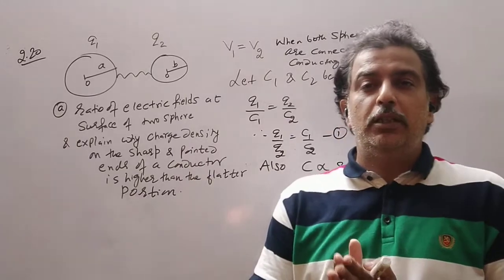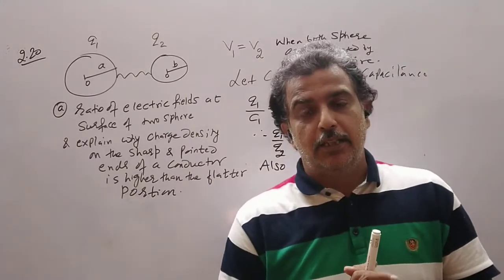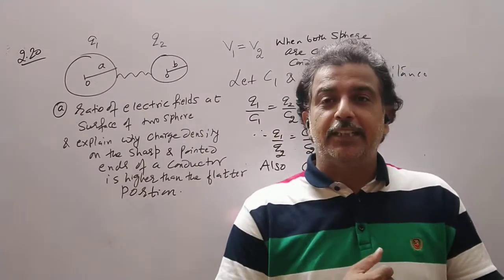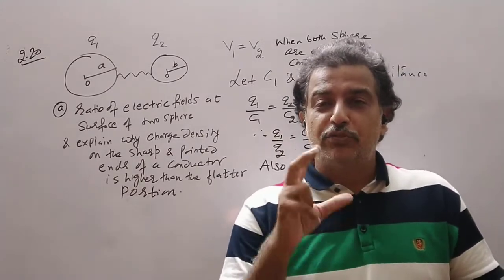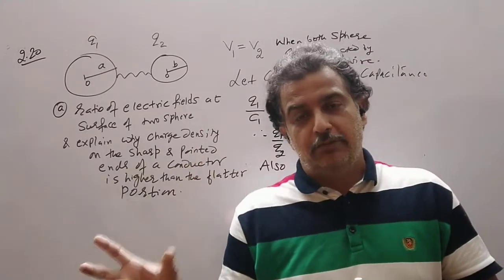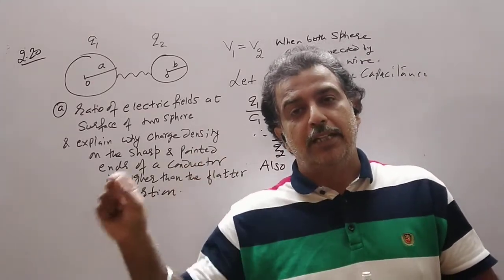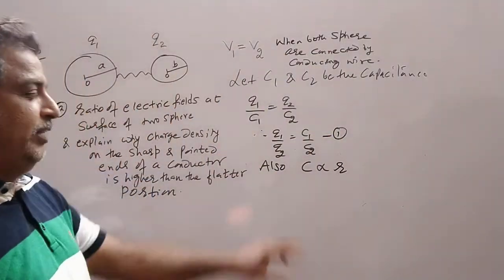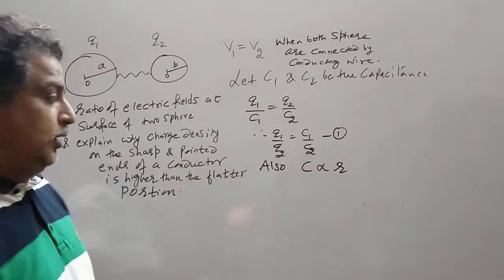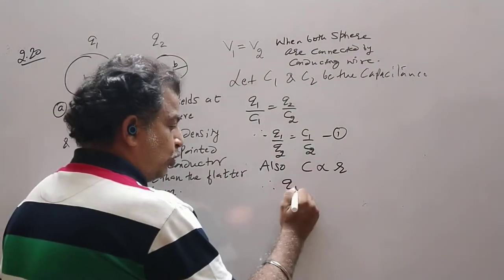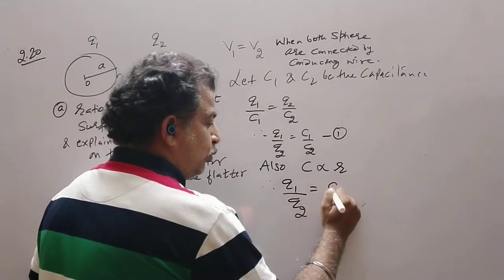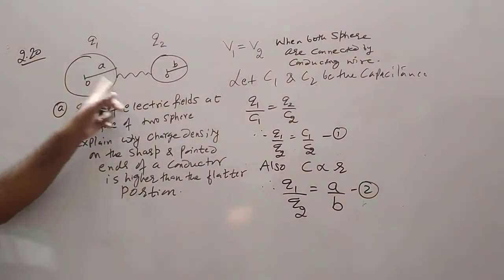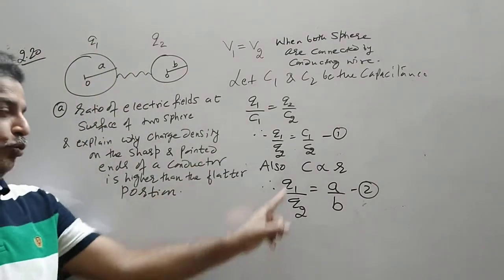How the individual conductor behaves like a capacitor, that we will see. So we are taking this as granted that an individual sphere behaves like a capacitor. For example, Earth can behave like a capacitor. Now if an individual sphere behaves like a capacitor, we will see that C is proportional to the radius. So in this situation, Q1 upon Q2 is equal to A upon B. So this is the situation, A and B are radius. So this is Q1 upon Q2.